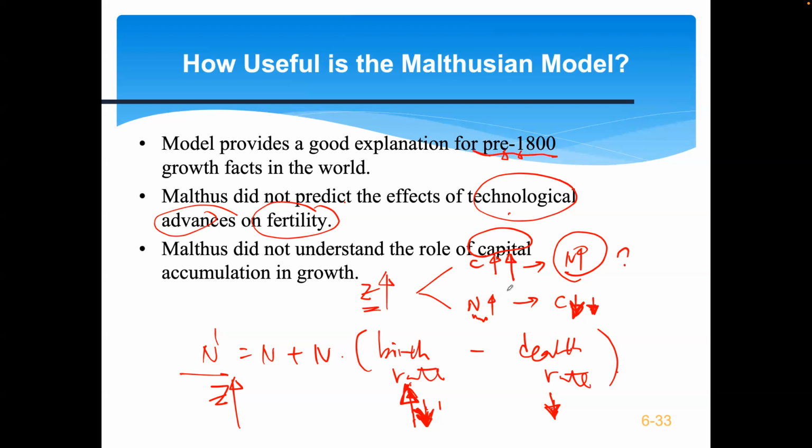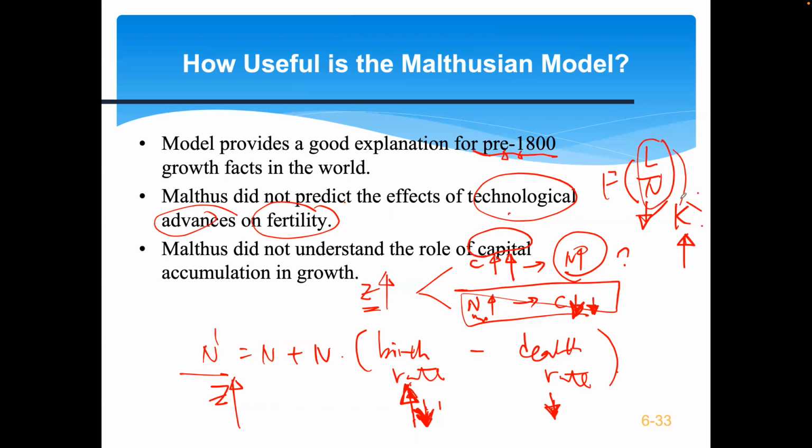The reason why N decreases C is largely because C is a function of L divided by N. Now, if there's another factor K, and technology increase ends up increasing K, yes, indeed, you decrease this term, but you have an increase in this term,